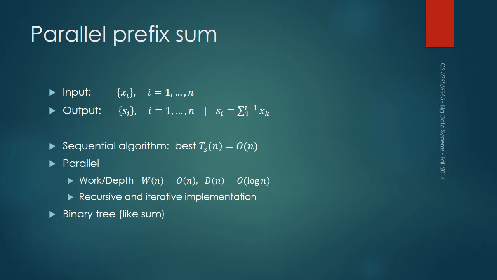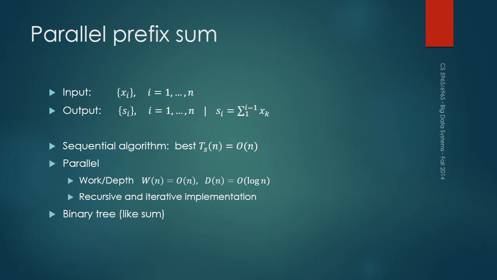Let's look at work and depth. What is it that we really want, ideally? You want the work to be order n still. You want a work optimal algorithm. Depth, from an intuitive perspective, since you're dividing, is going to be log n. That's how you're going to divide and conquer. That we know. It's probably difficult to do better, because if we could do better than log n, we would be able to do the sum better than log n. This is doing a little bit of extra work compared to simply summing up the array.